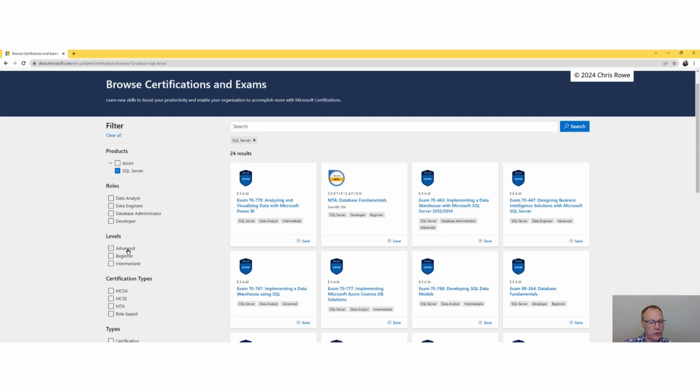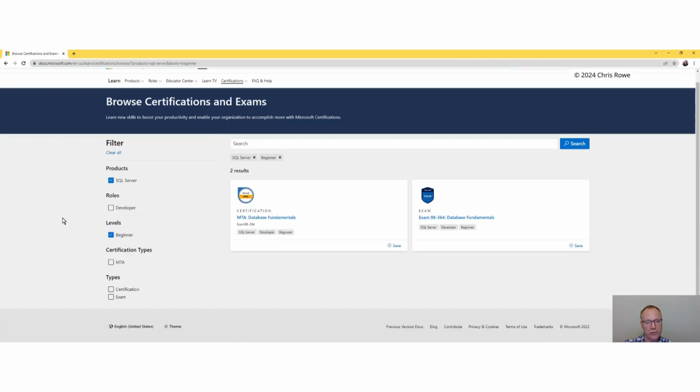The next level, which is the more advanced one, you're probably looking at the MCSE, which is Microsoft Certified Solutions Expert. That's the top level, and really you should be looking at getting those sort of qualifications when you've got around 4 to 5 years experience, and you've probably dabbled in a lot of different areas within SQL Server itself. But let's have a very quick look at some of the beginner levels.